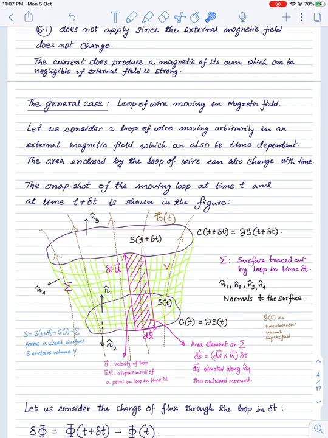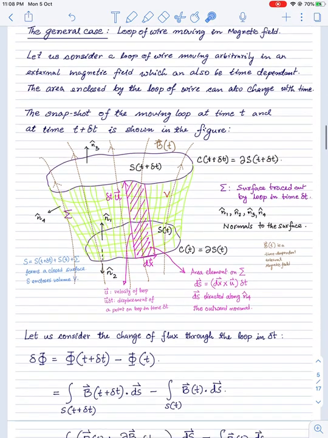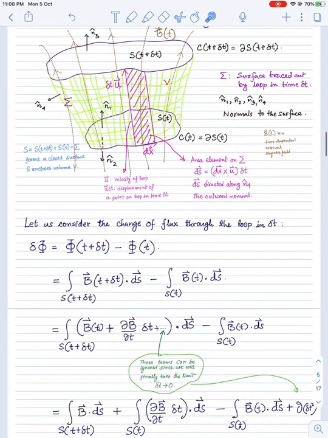Both are going to contribute to the change of magnetic flux through this loop with time, with contributions from both the changing magnetic field as well as the changing area of the loop as we time evolve. So this change of flux can be given by the flux at t plus delta